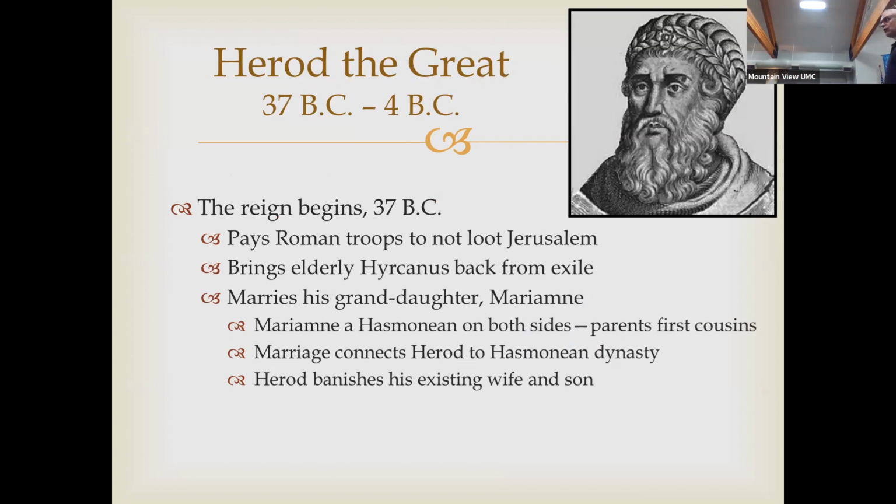So he's got these Roman troops that he has used to recapture Judea. And typically, what the Roman troops get to do, part of their pay, part of their reward, is that when they're successful, they get to loot whatever city they've just captured. Well, Herod doesn't want his reign to start off on the wrong foot. So he actually, out of his own resources, pays the Roman troops not to loot Jerusalem. He then brings the elderly and deformed Hyrcanus